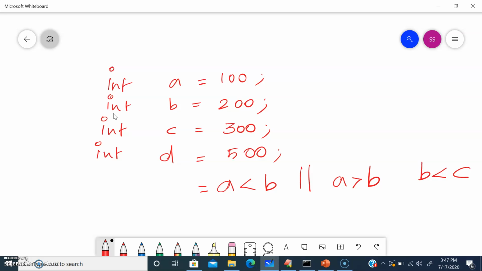I'm going to use an OR operator over here. So when I say a is less than b, 100 is less than 200? Yes, so 1. A is greater than b, 100 is greater than 200? No. B is less than c, 200 is less than 300? Yes. So when I'm using an OR operator over here, if either one condition is satisfied, it is going to